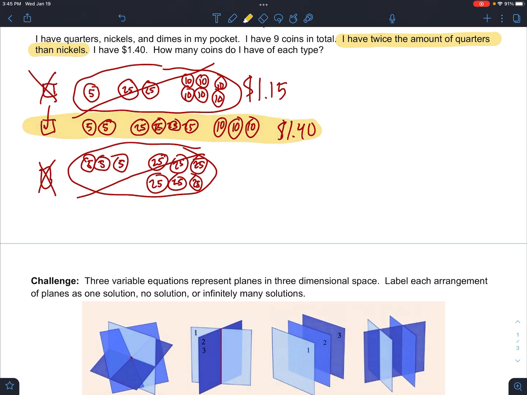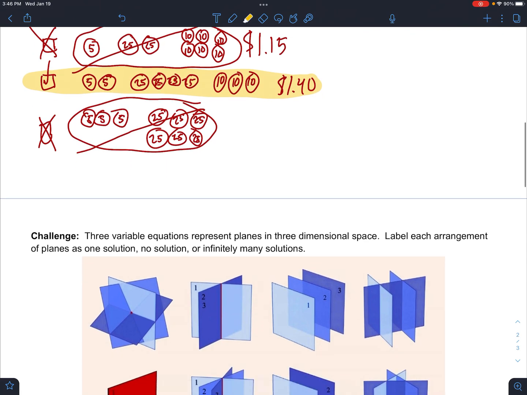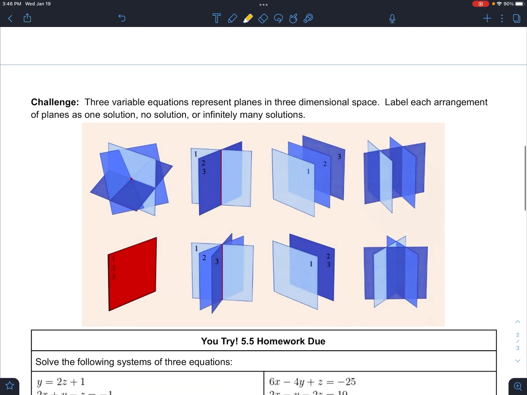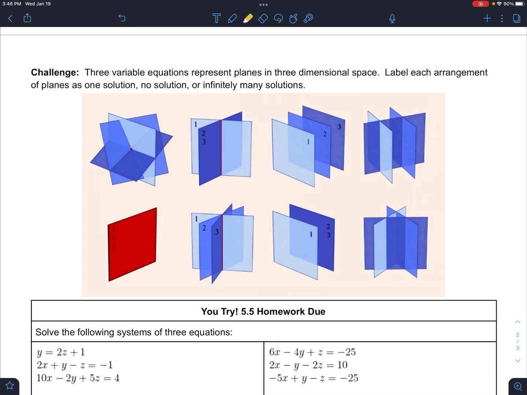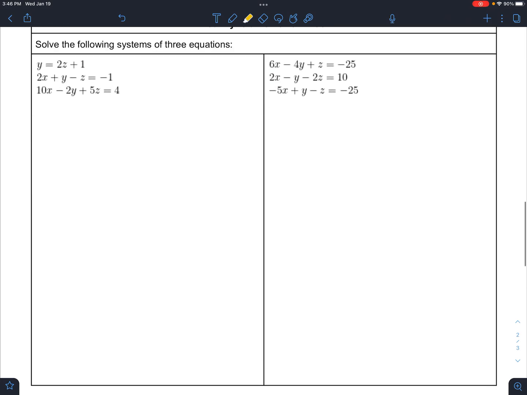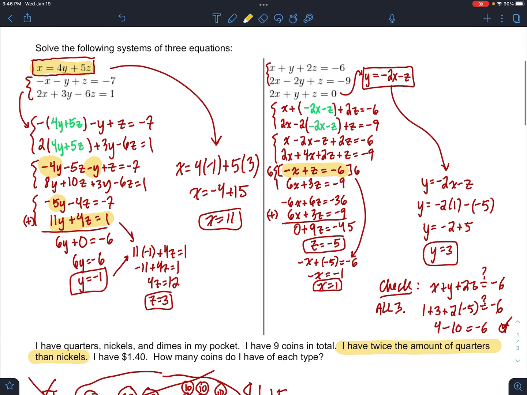If you were able to get that, great. If not, pull what you can from this example. We could also set up 3 different equations for this. And I encourage you to look at the key to see how I've done that. And also, you can take a look at this challenge on the key as well. I'm not going to test you over this, but it gives you an idea of what 3 variables really means. But yeah, make sure you understand how these 2 systems were solved. And of course, I'm here to answer any questions you have about